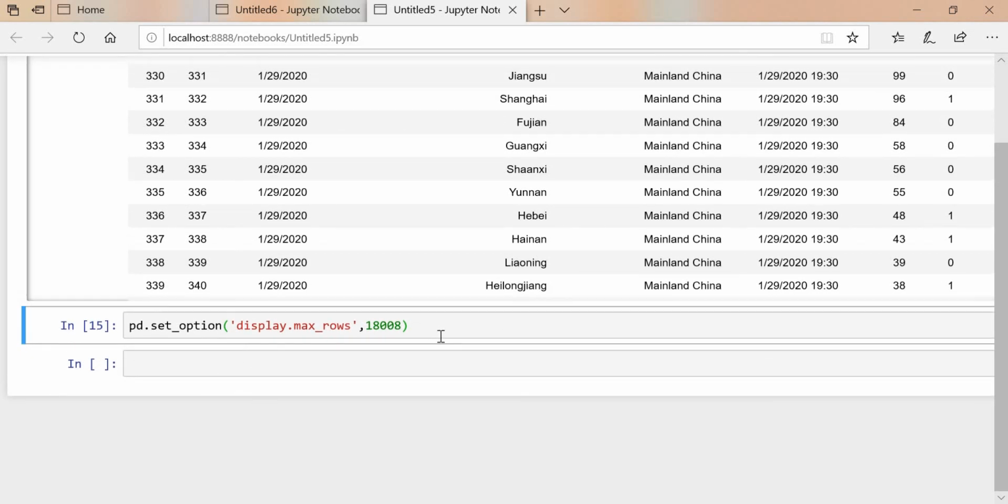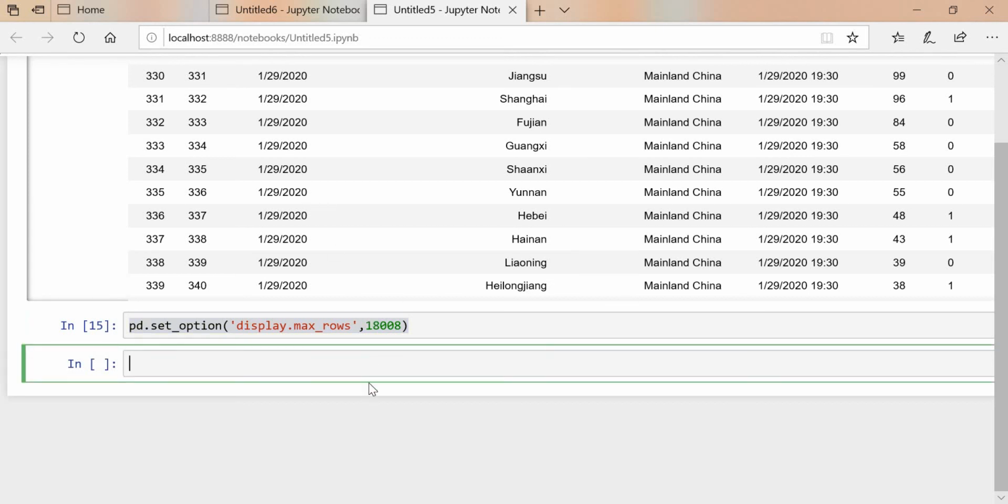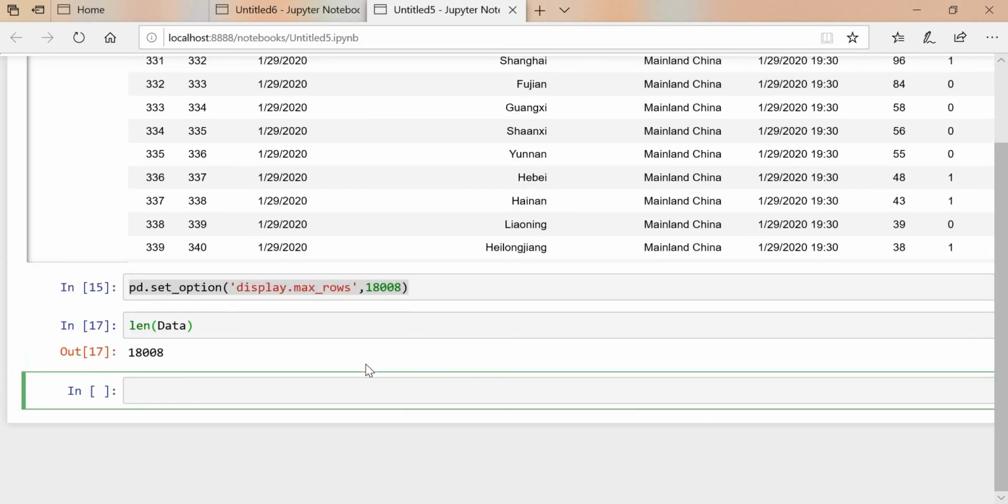Once you go through this, we can check the length. Once you check the length of your data and execute, you will get 18008. So the length of your data, you can see like this.